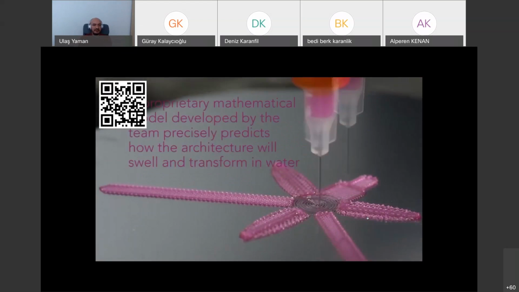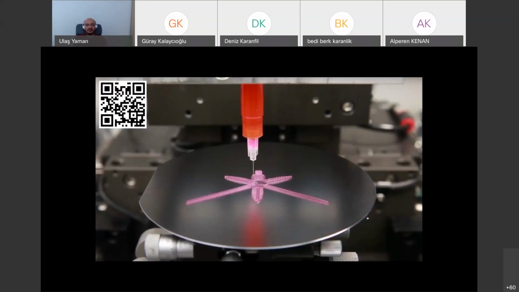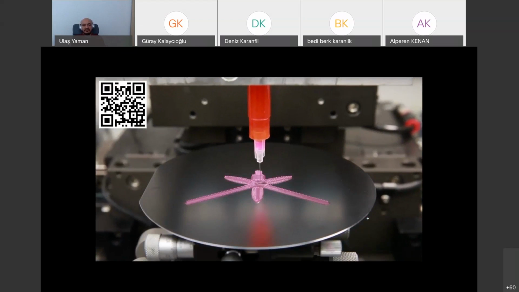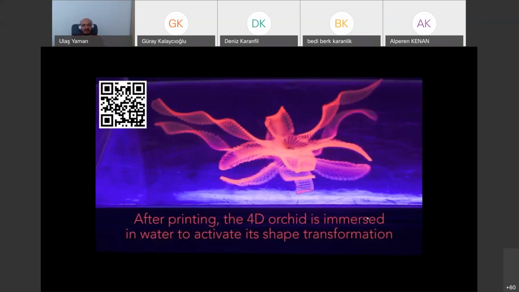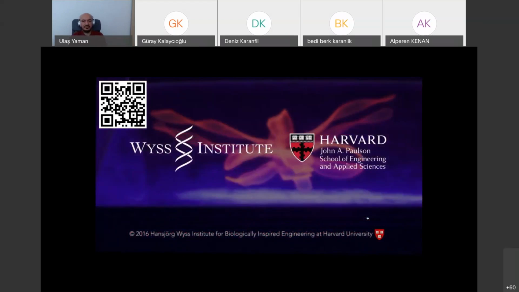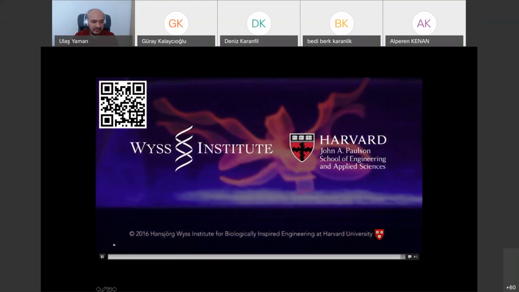But in a moment, we will see that they put it in a special solution and it will actually move. Yes, they are simply putting it into water. As you see, it changes its shape in time. So that's why we call it